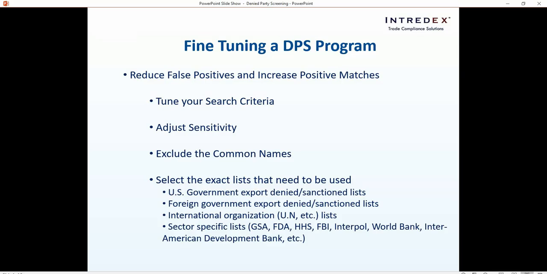Let's talk about readjustment of what exact list needs to be used. It is highly recommended that a risk analysis should be done to determine which lists are needed to be used. For example, organizations exporting to or doing business in another country should also include that country's government-issued watch lists. Companies that are involved in specific business activities should also use the lists that are issued by the agency regulating